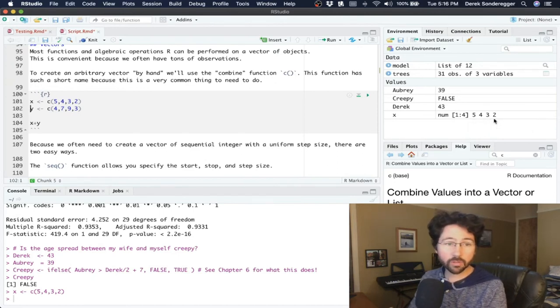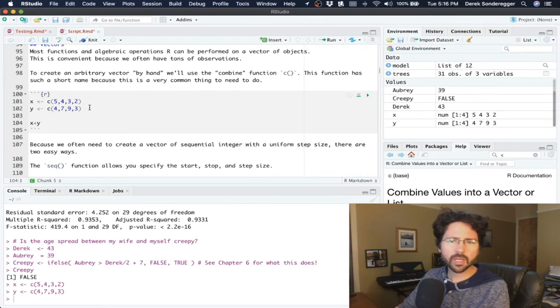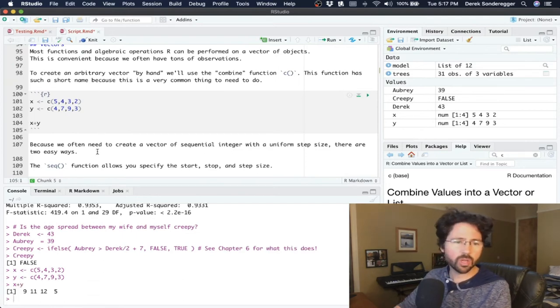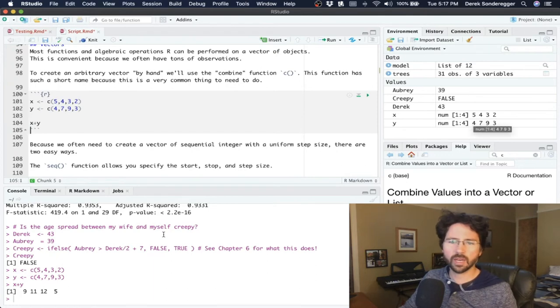And for those of you who come from a programming language like C, you'll notice that the first element in my vector actually is labeled 1, not 0. I think it makes sense. Anyway, we can make a vector using this C function. I'm going to make a second one, this y here. Now, all of my algebraic manipulations that I could do before, I could do on these vectors. So now I'm just going to add x and y together just to show you that this can in fact be done. And we see that 4 plus 5 is in fact